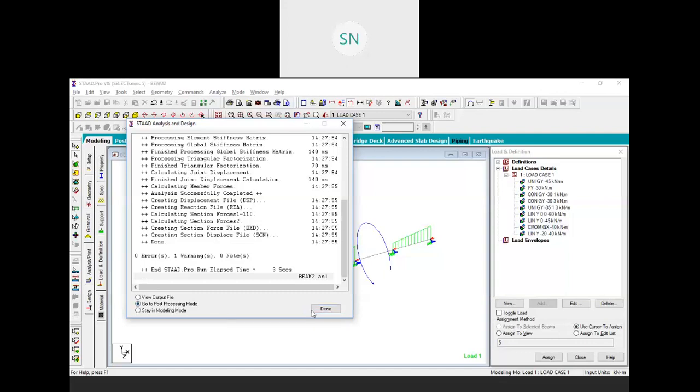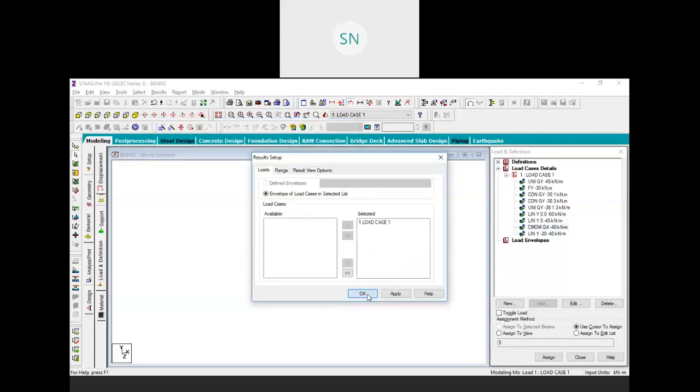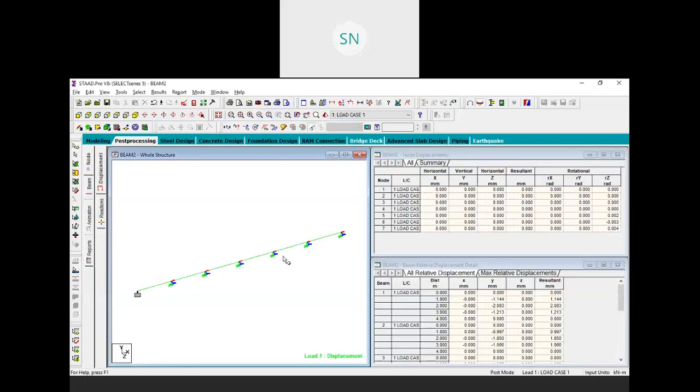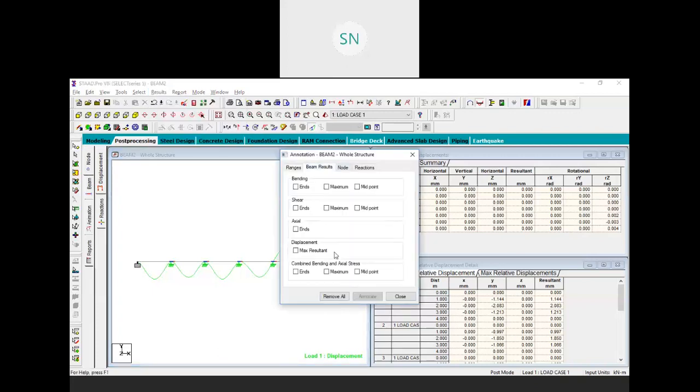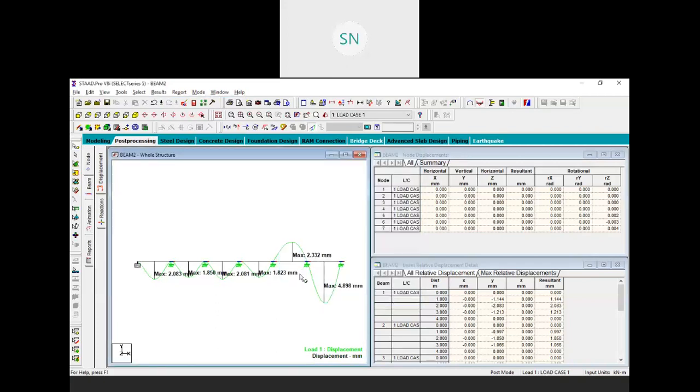Go to the post process, done, OK. So here you will get a result for all the 6 members. When you click on the result, view value, beam result and maximum displacement annotate. So it will annotate for all the members.